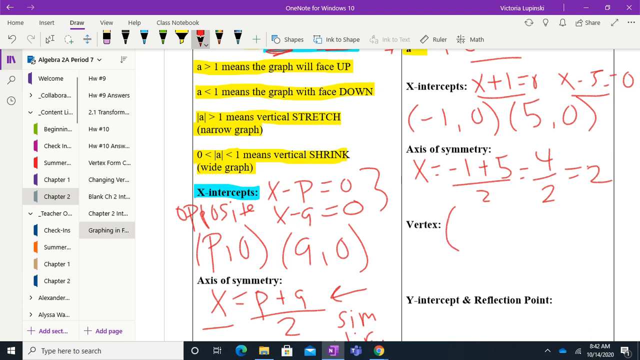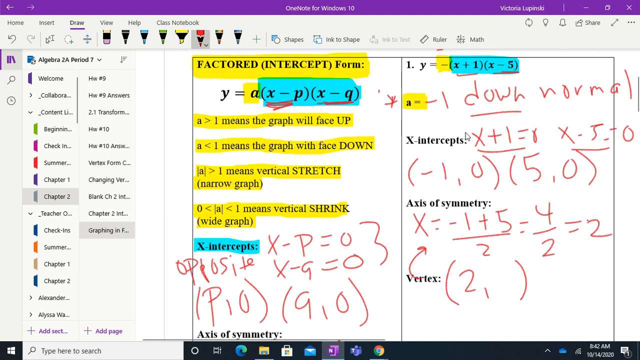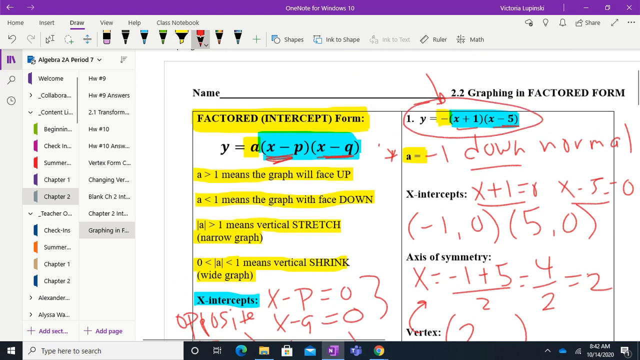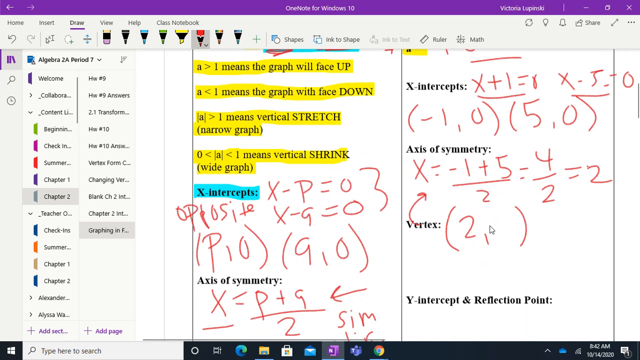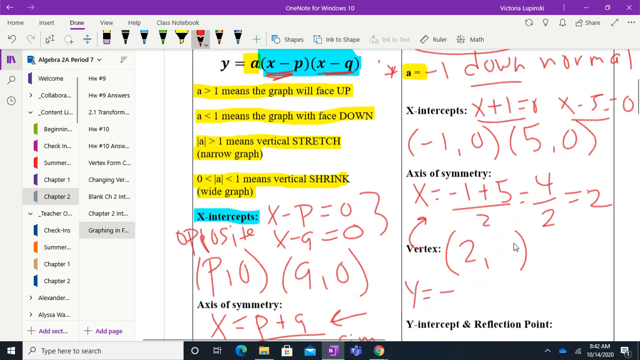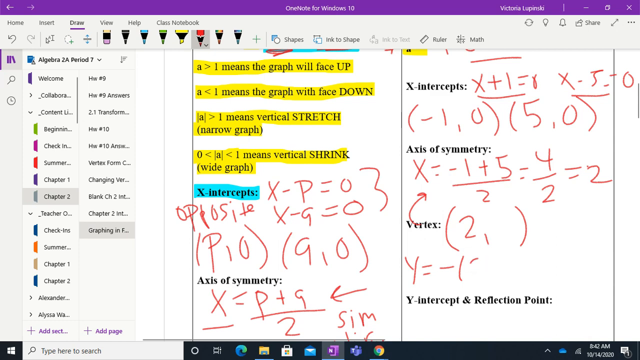Then the vertex is an ordered pair. The first value of the vertex is the same as whatever the axis of symmetry is. So I know that it has to be 2. To find the y value of the vertex, I have to go back to my equation. Everywhere there is an x, I'm going to plug in a 2, and that's going to give me the corresponding y value. So that's going to be y equals negative, don't forget the negative, 2 plus 1